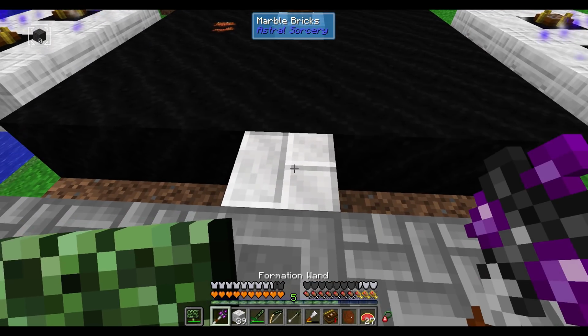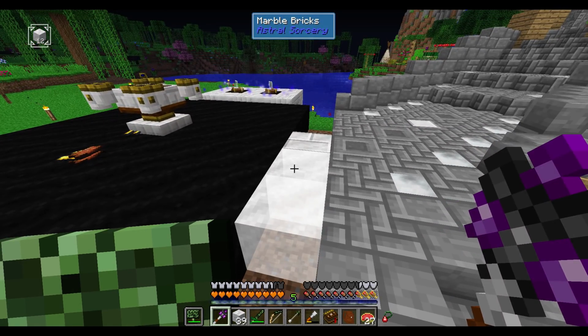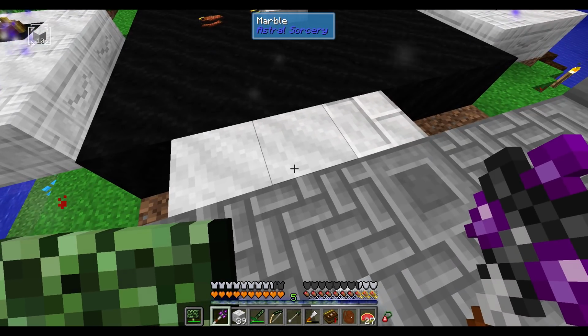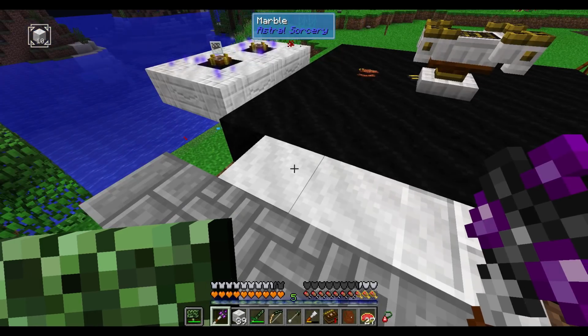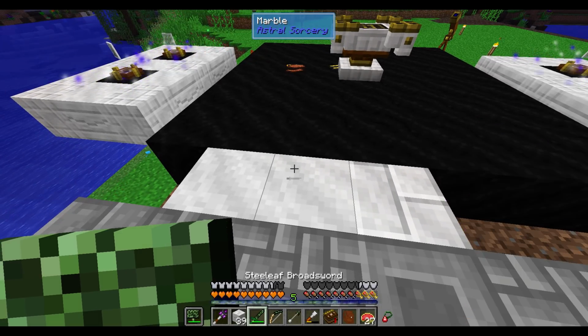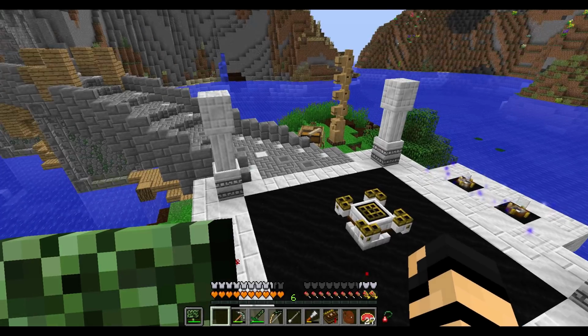So by putting this down, though, I can shift right-click, and then I can start adding in more of that same block. Oh, crap. It's not going to take the exact same block, is it? That seems to be a little bit of a mismatch. That sounds like a glitch. All right, so I'm going to have to do this manual style. All right, I think...